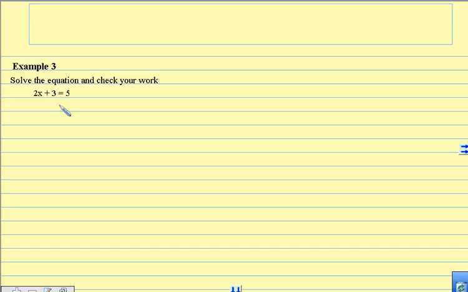But if you look at this one, it says solve the equation and check your work for 2x plus 3 is equal to 5. So we're wanting to find this x value here that would make this equation true. Now it's not as easy to see in this case. So, how we go about solving these, if we remember order of operations,